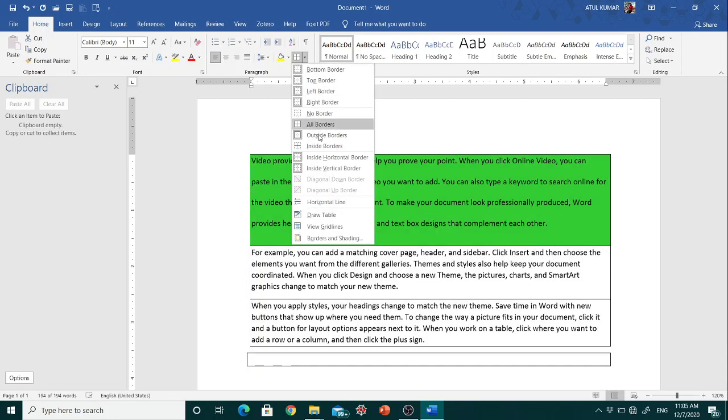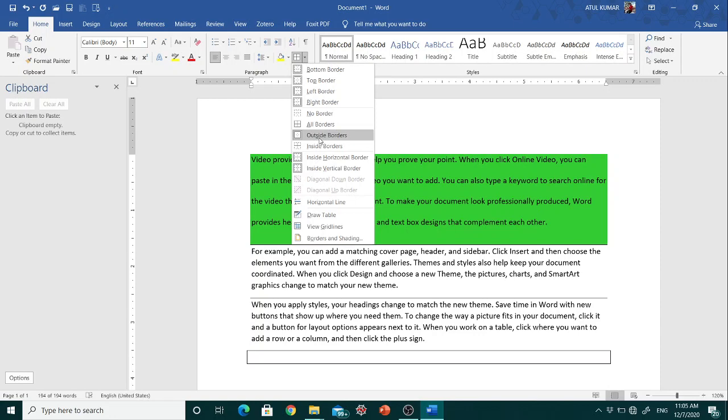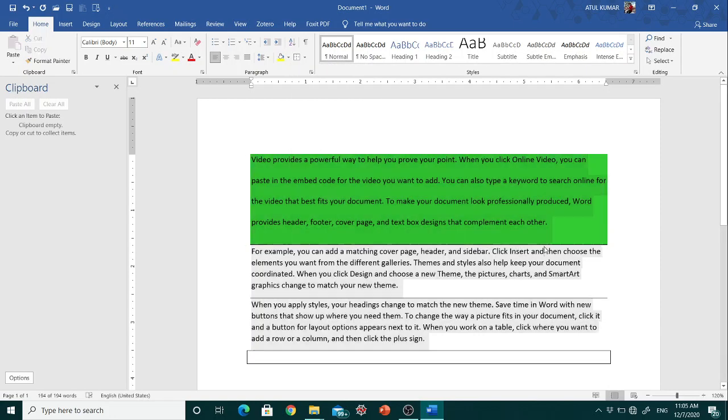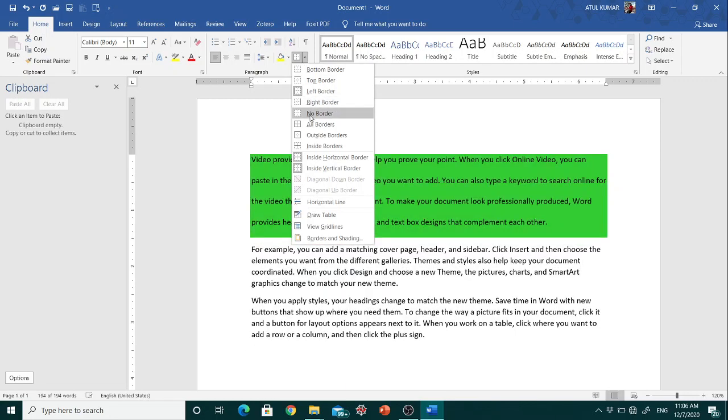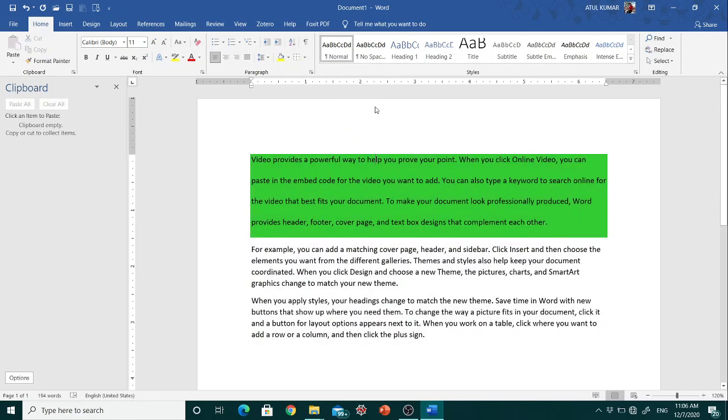If you want outside borders, then this one is the option, and it will give you only the outside borders. So different kinds of borders are available. If you want your paragraph to have no border, then there is an option to remove the border. Just click the No Border option and the border is removed from your paragraph.